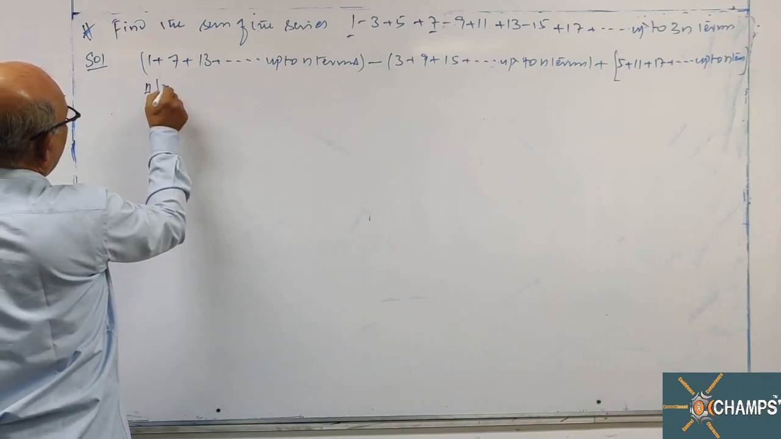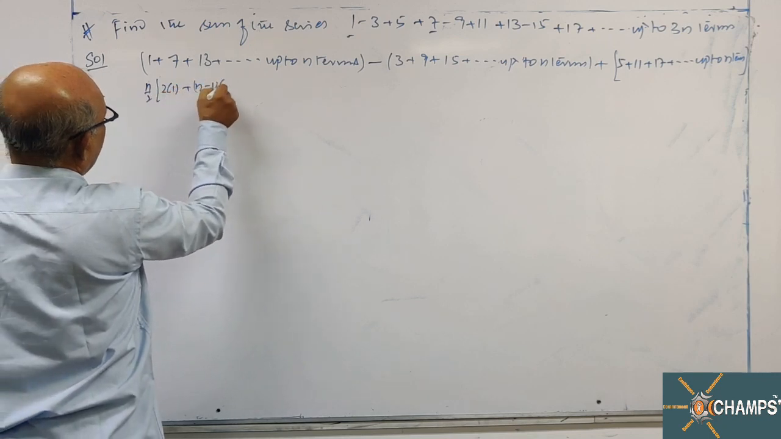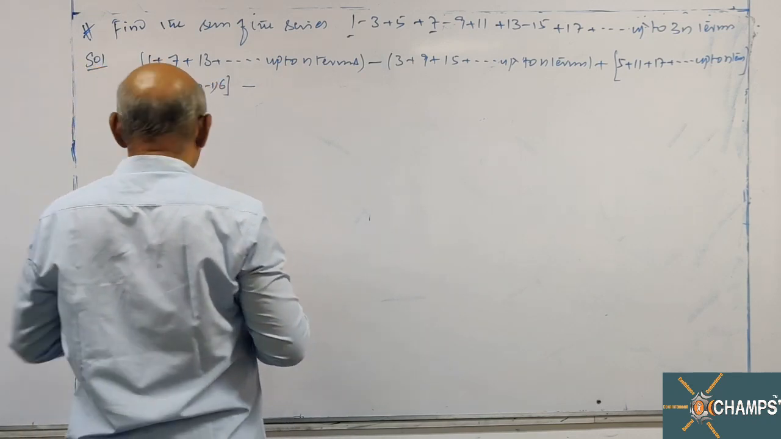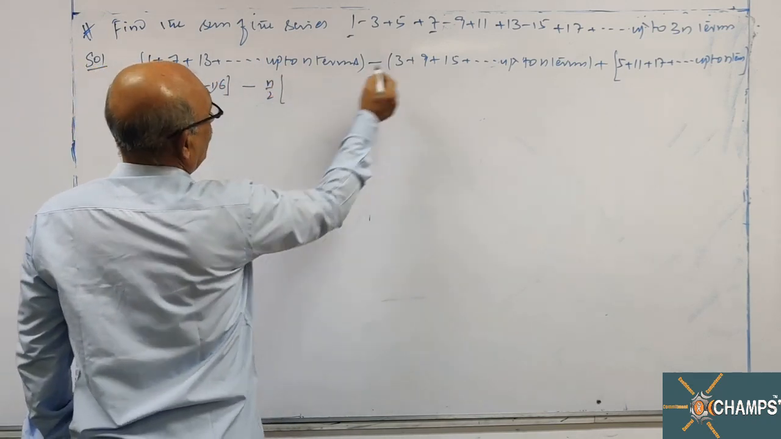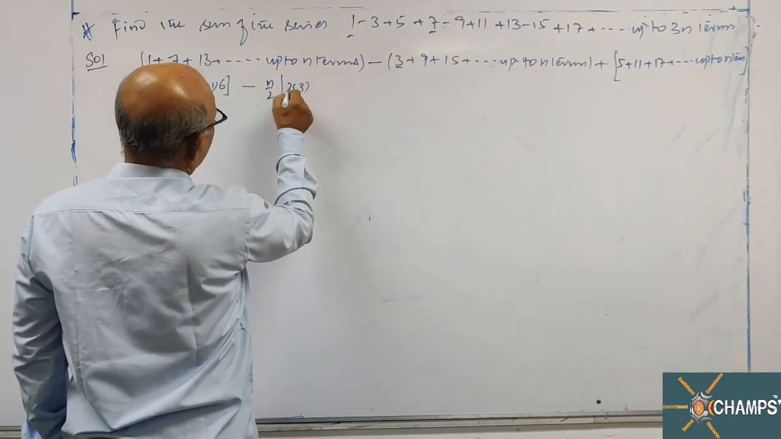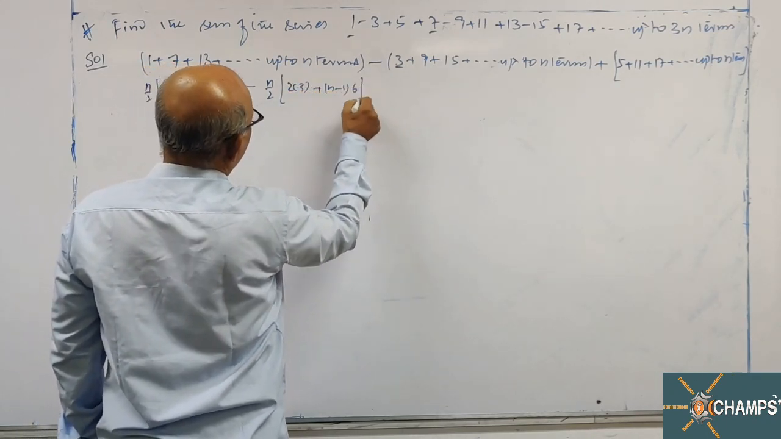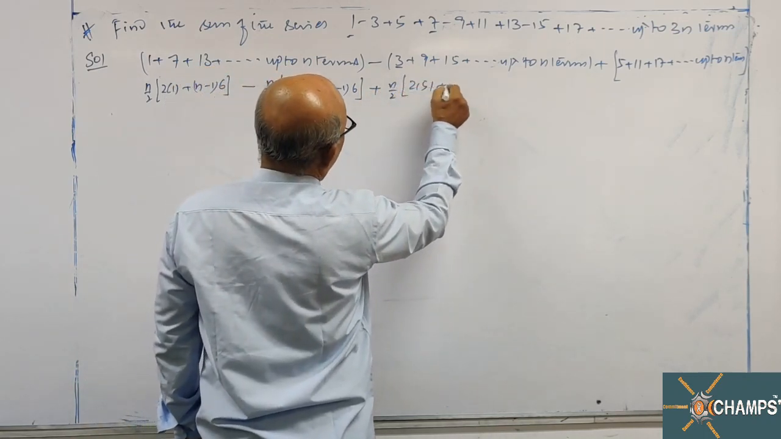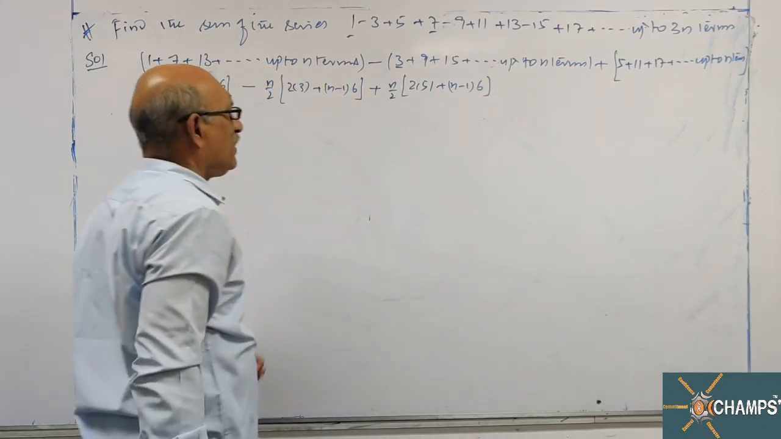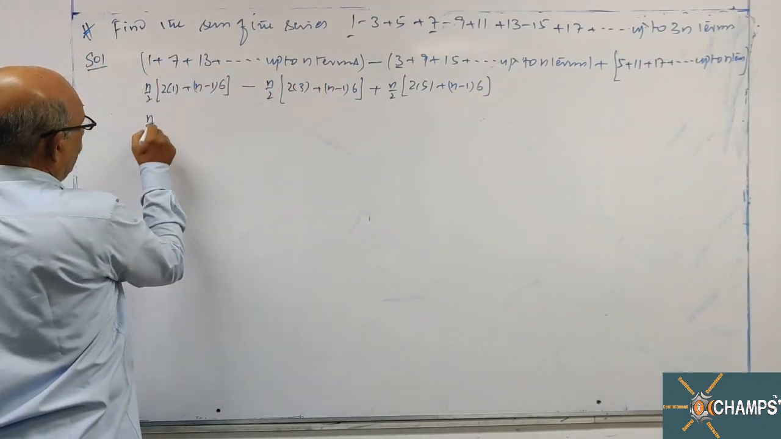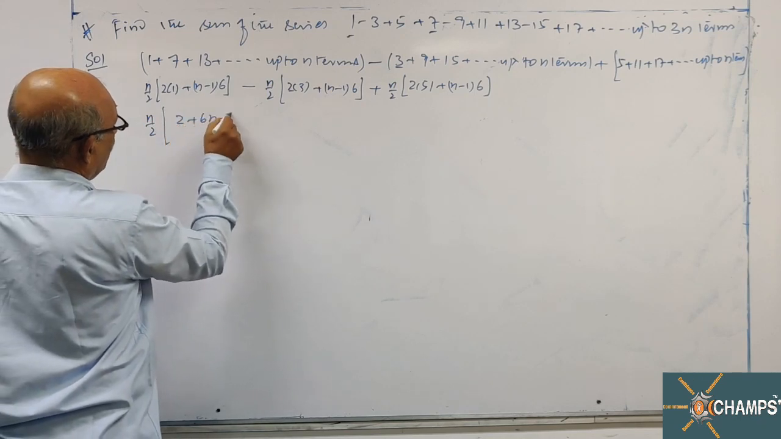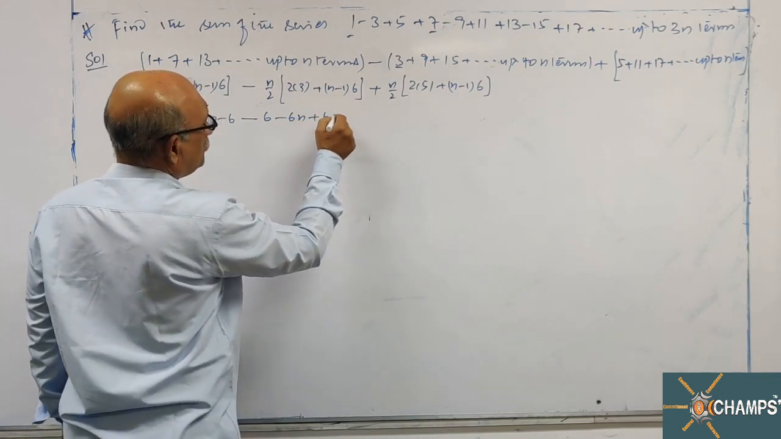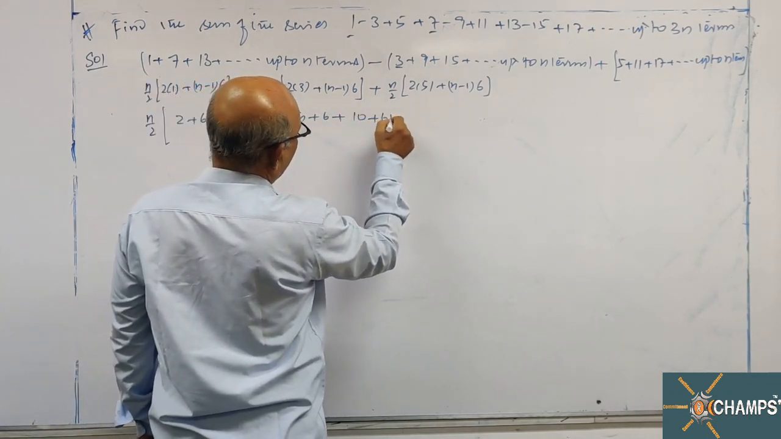n by 2 into 2a, 2 into 1 plus n minus 1 into common difference 6, minus n by 2 into first term here is 2, 2 into 3 plus n minus 1 into common difference 6, plus n by 2 into 2a, 2 into 5 plus n minus 1 into common difference 6. You can take n by 2 overall common. This is 2 plus 6n minus 6 minus 6 minus 6n plus 6 plus 10 plus 6n minus 6